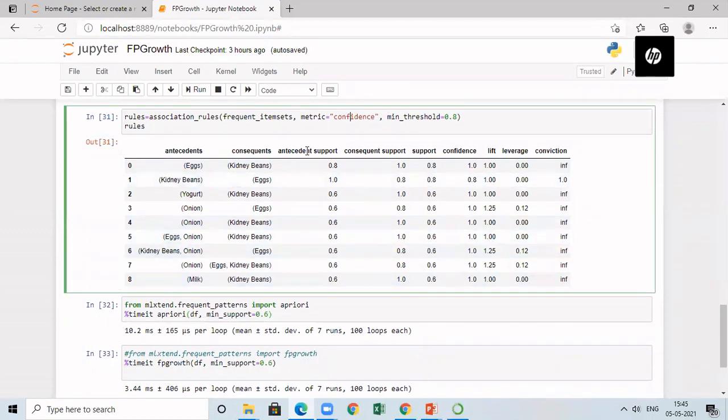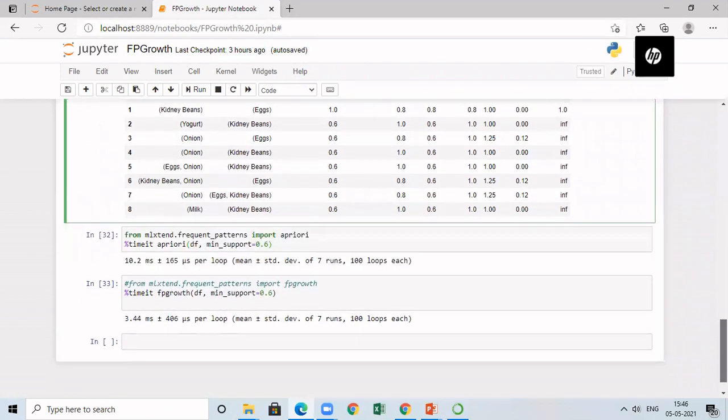Now comes the important thing. When I taught you the FP growth algorithm, I told you that in the case of the apriori algorithm, we do so many scans of the database that it increases our time. So our aim is to reduce the number of scans. For that only, we went for the FP growth algorithm. Now you can check the running time of these two algorithms, and you will find that the FP growth algorithm runs very fast when compared to apriori.